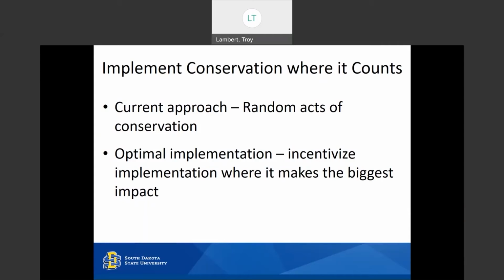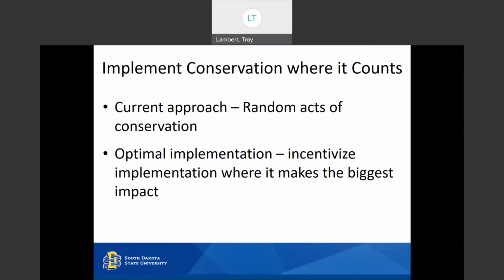We build a model of the watershed and identify, if we tweak the soil properties in different parts of the watershed, are there some parts where tweaking makes a larger difference than others? So basically, are we getting the best bang for our buck by how we implement conservation?